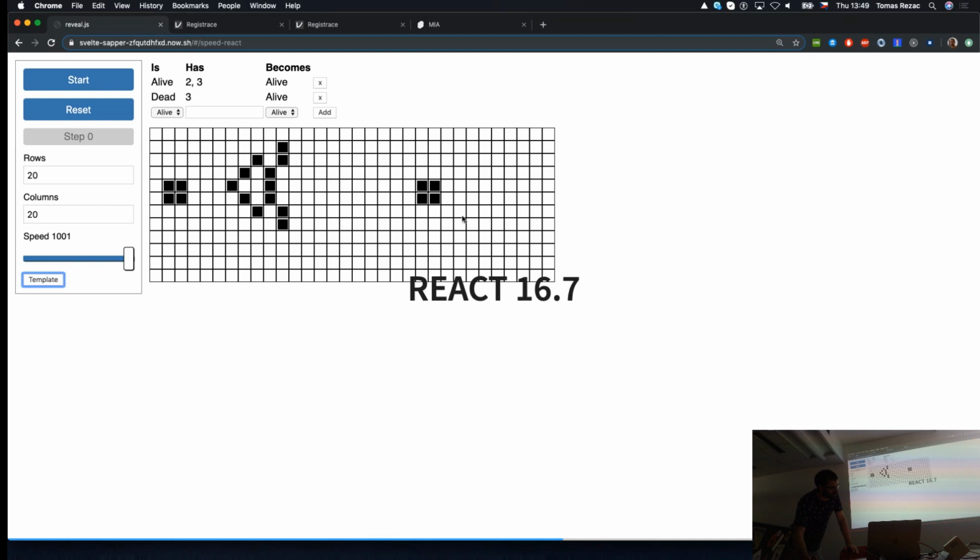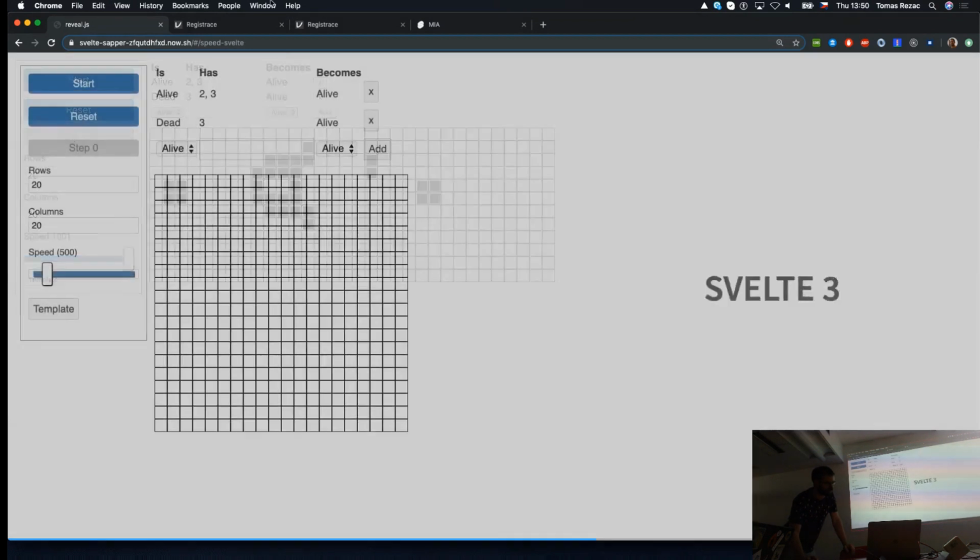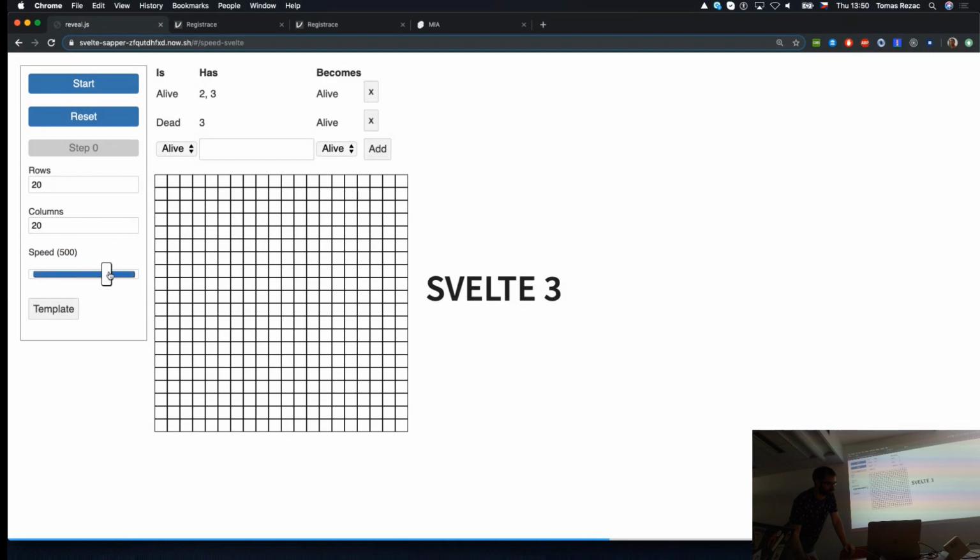I get this template with some rules and what's happening, and now what does it do in React? It's not limited by some setInterval which goes for the frames. It just goes as fast as the DOM is changed. Now I go for the next one, which is done in Svelte.